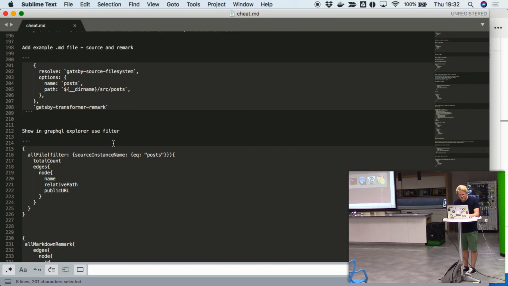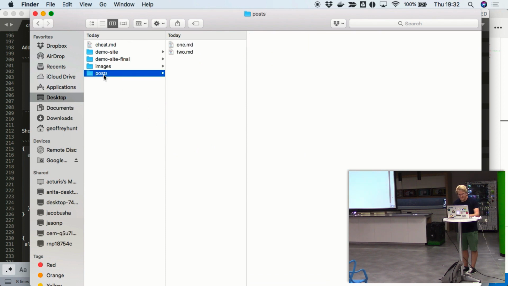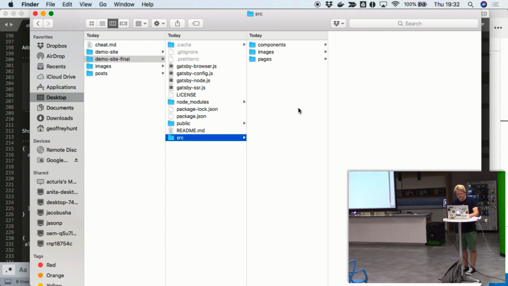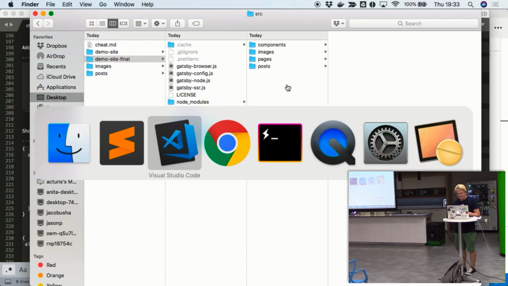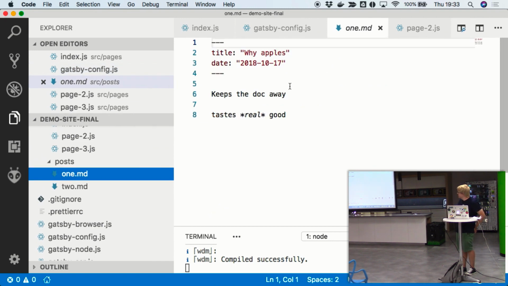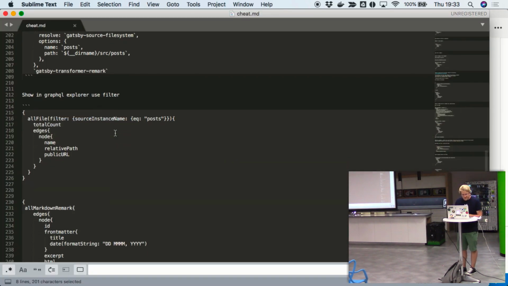Okay, so I just got some posts here. Paste in here. And the post is just some markdown. So it's got a title, date. I can query that.